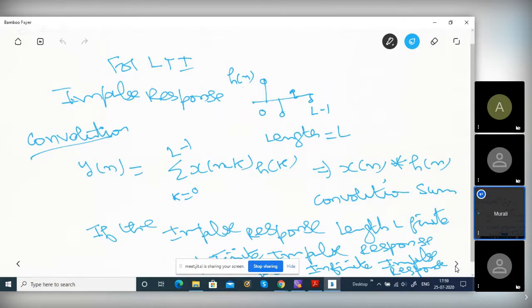Y of n is given by the convolution of x of n and h of n, where h of n is the impulse response of the system. This is commutative, so y of n is also equal to sigma k equal